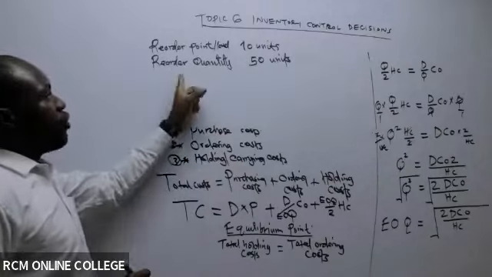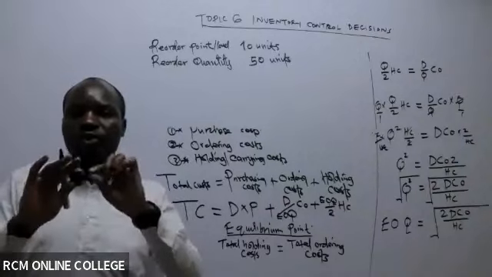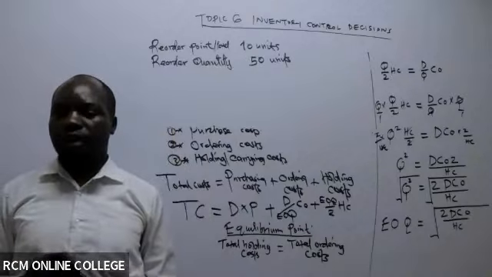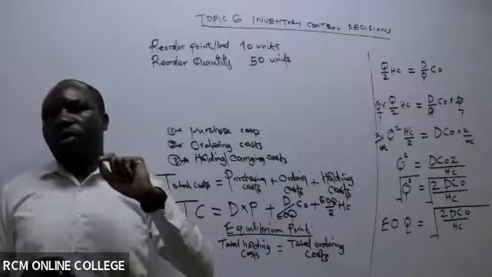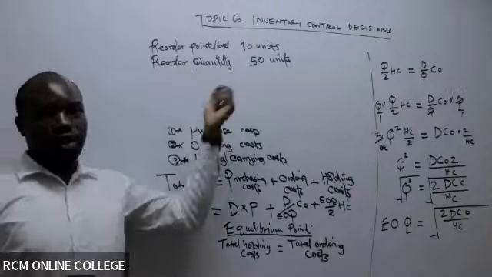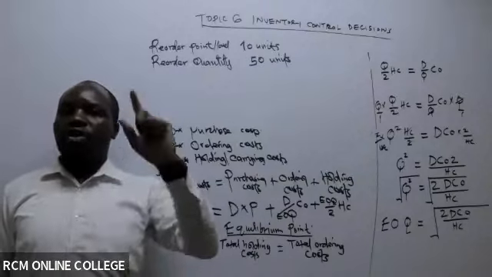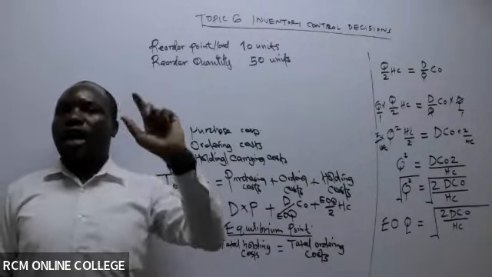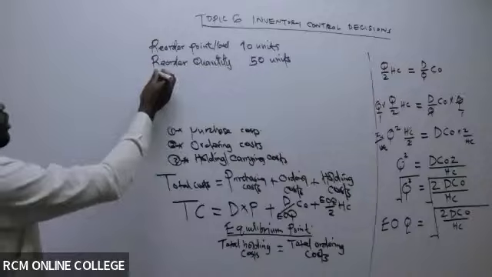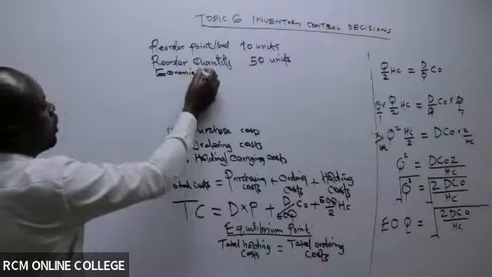Good. Reorder quantity. If I don't have reorder quantity, remember this reorder quantity should be that quantity which helps the company to minimize the cost of dealing with inventory. So should you find a question whereby you are required to use reorder quantity, but this reorder quantity is missing, you don't have any additional information referring to it, then please go ahead and locate the term economic order